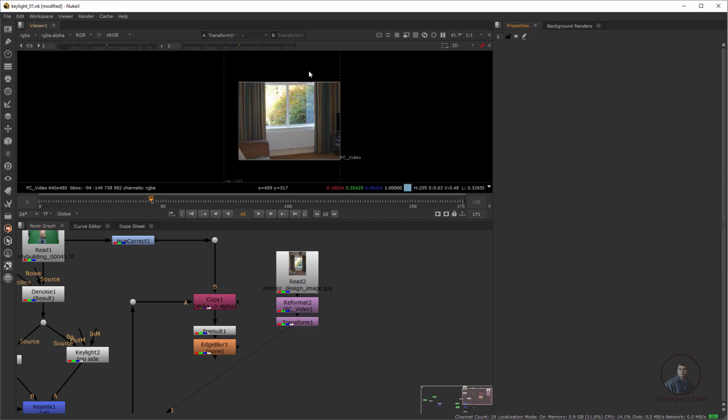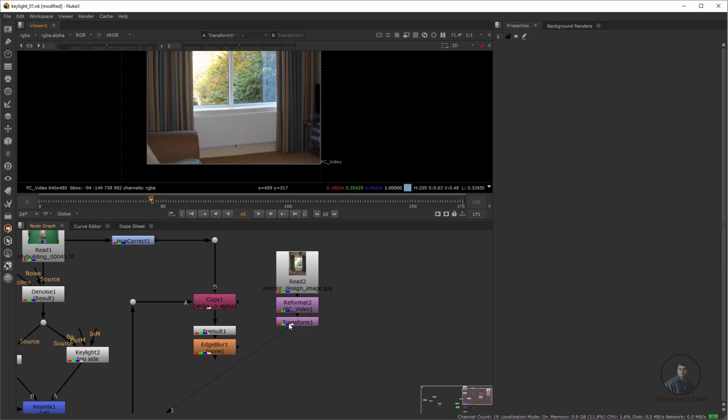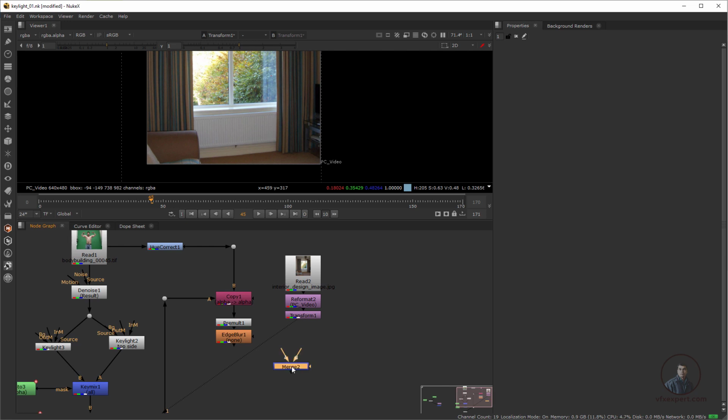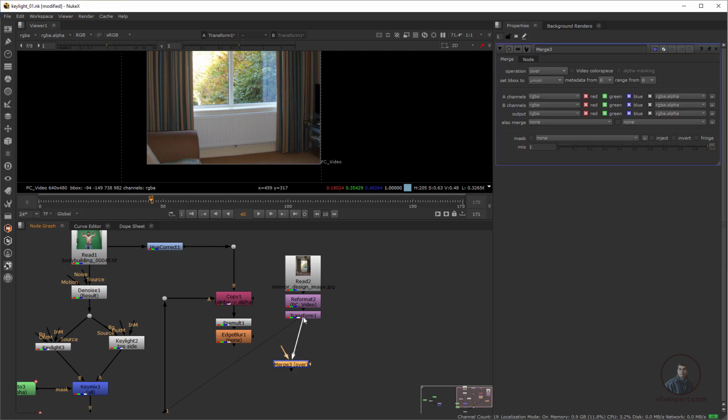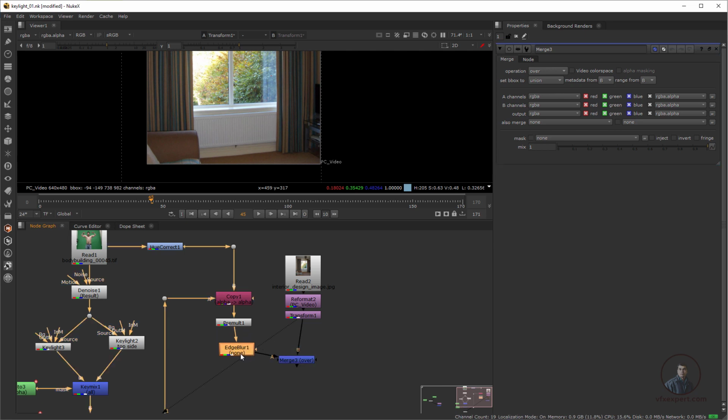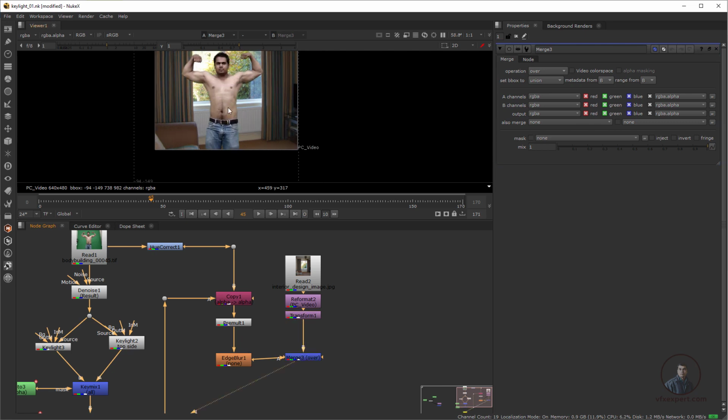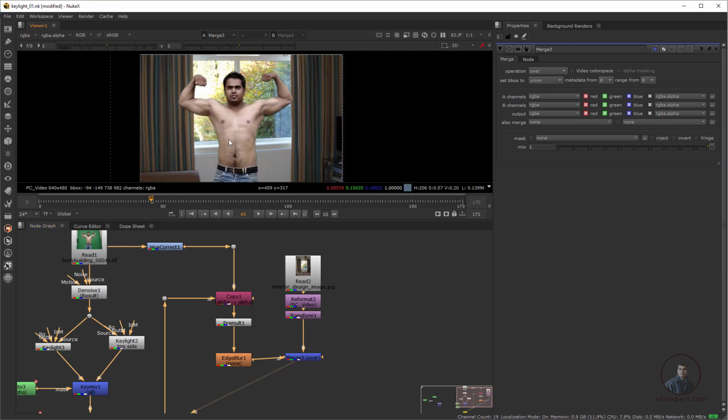Now we have to merge our character on top of the background. Take a Merge node, this will be our background, and this final output will be our foreground, like this. Select it and press 1. Now you can see our final compositing.